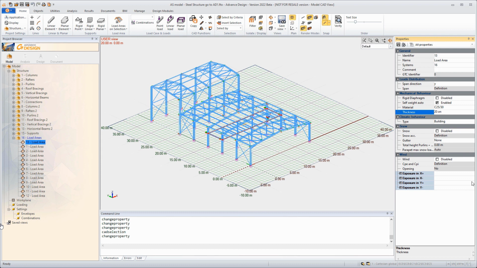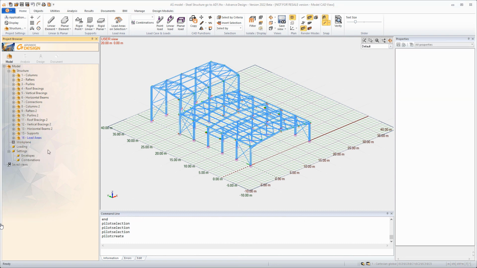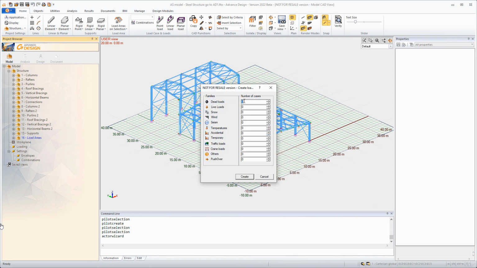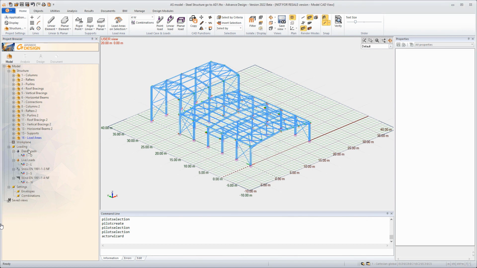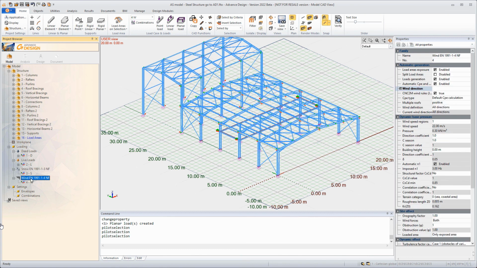Next, in this engineering definition process come the loads and combinations. So it's possible to apply all types of loads, as you can imagine, in Advanced Design, especially the climatic generator which exists in Advanced Design, and it will be possible to use this climatic generator for wind and for snow, and so, based on this climatic generator, apply loads either on the entire structure or also on a selection.